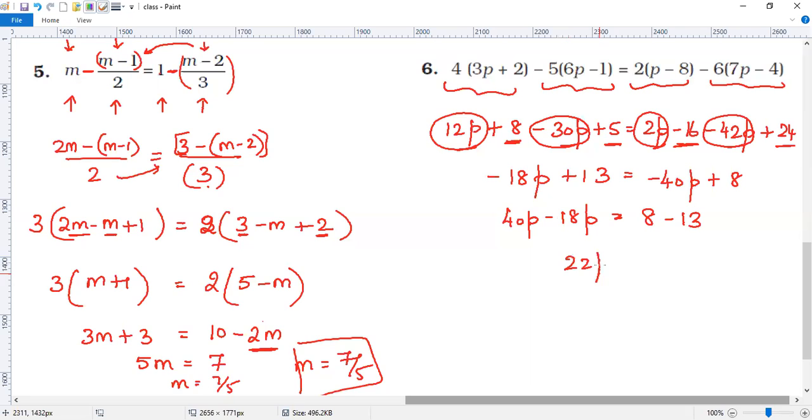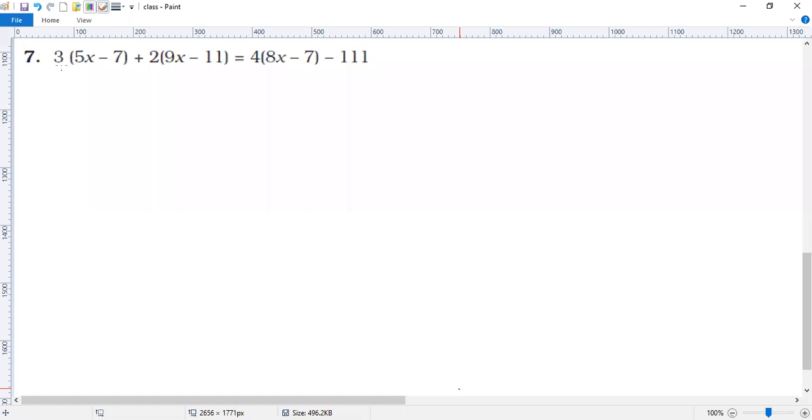So 22p is equal to what? Minus 5. So p is equal to minus 5 by 22. Yes, the answer is minus 5 by 22. Question number 7. See, it is 3 times 5x. So this is 15x minus 3 7 times 21 plus 18x minus 22 is equal to 4 8s are